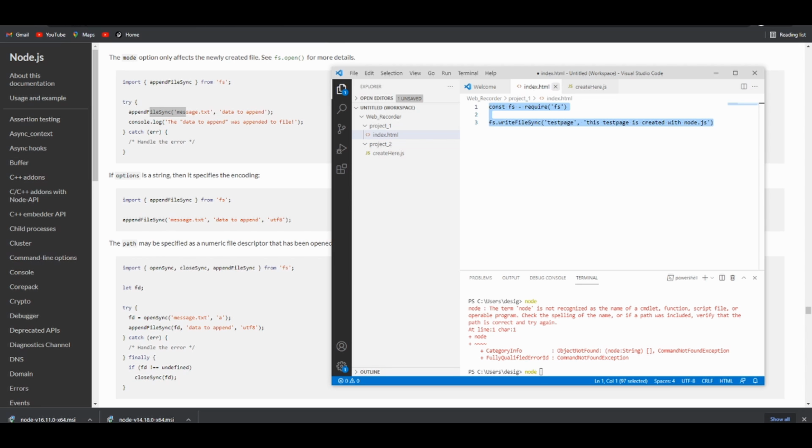So let's create our JS file instead of our HTML file. Copy and paste the information that I placed into the HTML file and start from there. What we have here is const fs equal to require fs, not minus require, but equal require fs. This is to create the file. And fs.writeFileSync, open parentheses, then inside quotations you write the name of the file. Instead of test page, it's going to be testpage.txt,